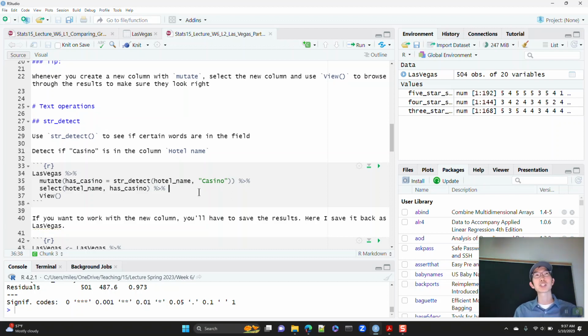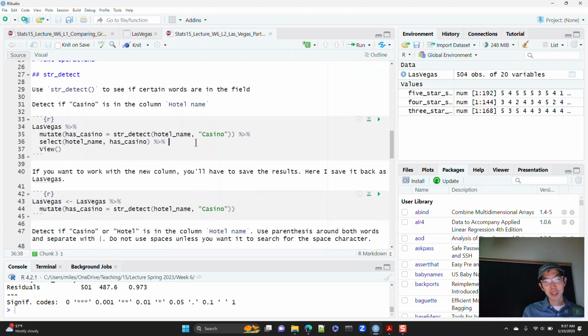You can do something like string detect to detect whether the word drama exists in this column, okay? Or if there are actor names or something, you could search for one of your favorite actors, I don't know, Tom Hanks, and you can search for a particular word.